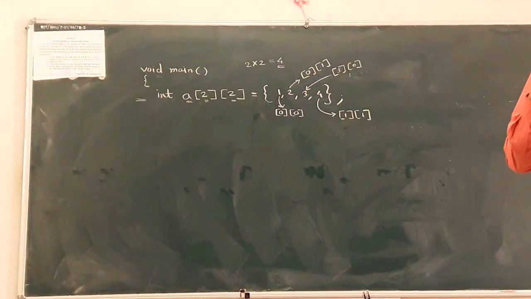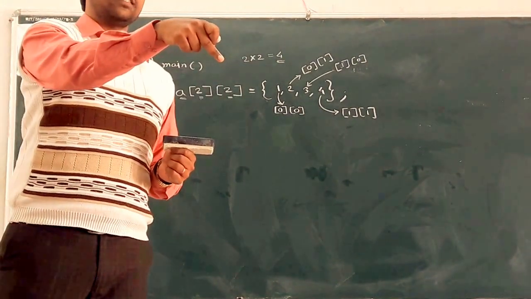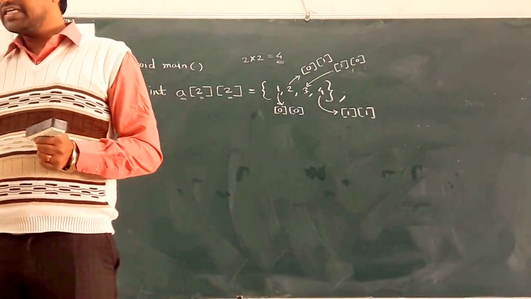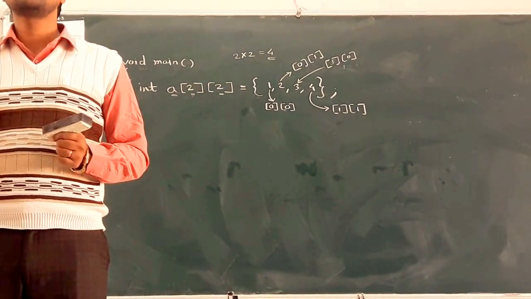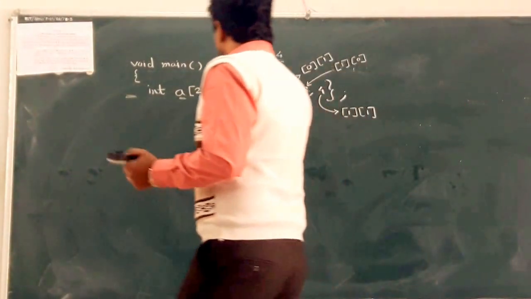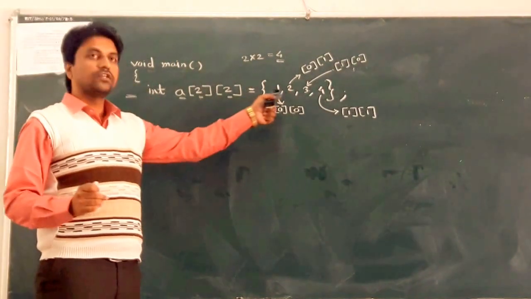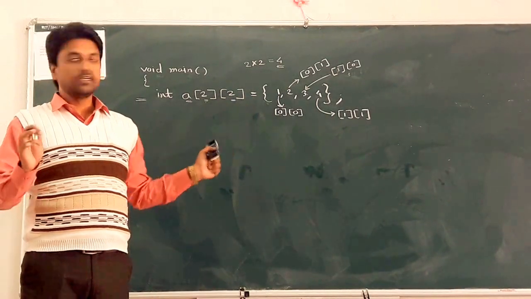But in Java, .NET, which are also programming languages, there is strict bound checking. Array bound checking is strict, and if we exceed the elements in the array, then it gives you syntactical errors in Java and .NET. But in C language, array overflow and underflow are not strictly detected by your compiler. That is one drawback of C language. So care should be taken that you mention elements as per the array size. Clear?